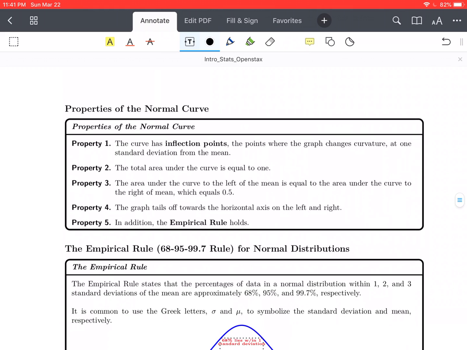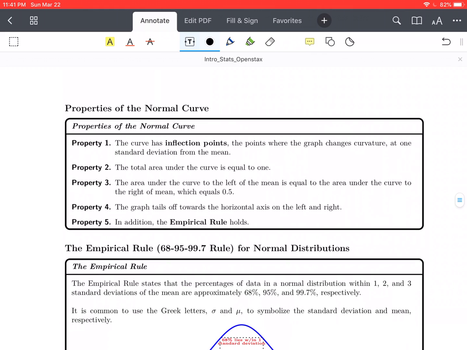So here are some properties of the normal curve. A few things to take note of here. This curve has inflection points. This is where the graph changes curvature at 1 standard deviation from the mean. The total area under the curve is equal to 1. So this one is going to be really important when it comes to calculating a lot of the values that